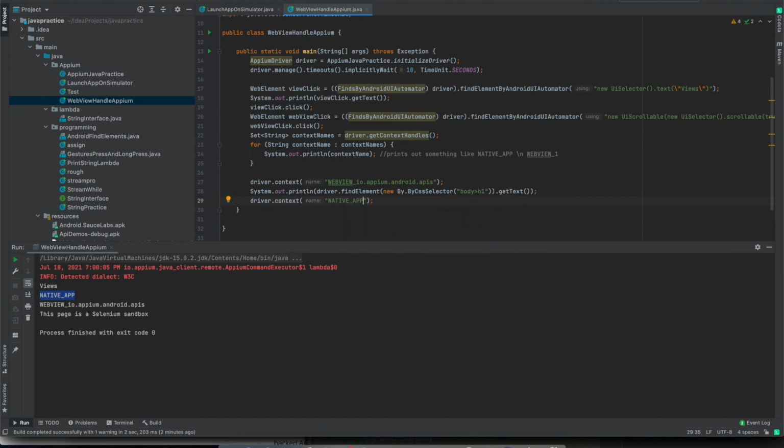So once every step has been done, whatever assertions or getting text or any actions you were performing on web view, that has been fulfilled. After that, you need to return back in order to perform any actions on the native side of the context.